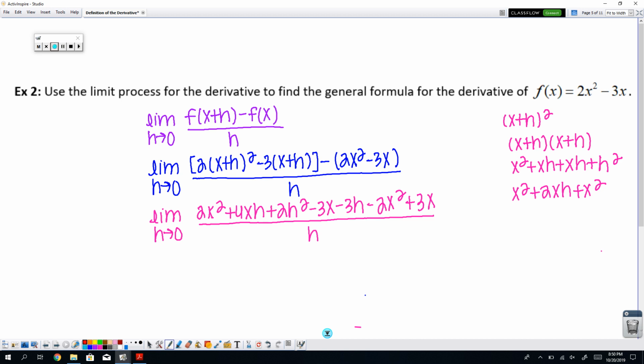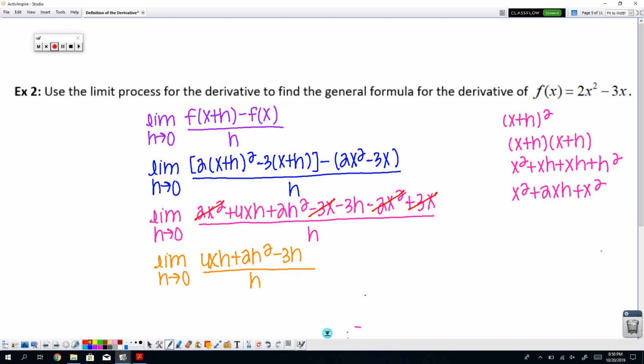So what we're going to do is try and find things that we can cancel out. So I have 2x squared minus 2x squared. I have minus 3x and positive 3x. And it looks like everything else has to stay. So we're going to write down the limit as h approaches 0 of 4xh plus 2h squared minus 3h